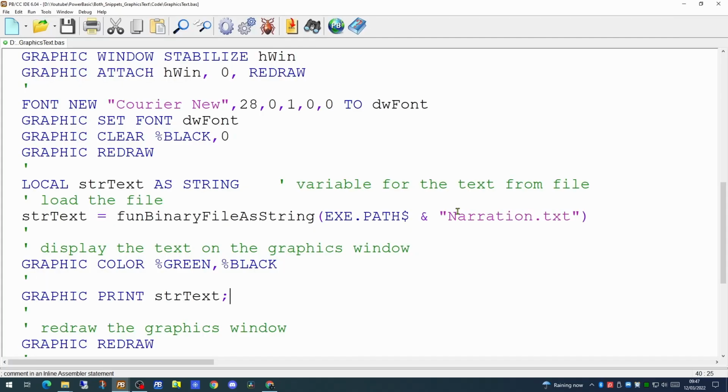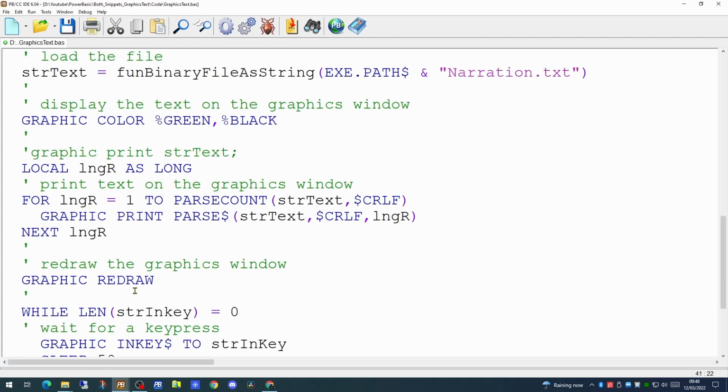Well, the first thing we can do quite simply is to realize that the text we saw in the file had a number of carriage return line feeds in it. So we can parse the data that's coming in that variable using our parse command. So a simple for next loop looping around the str text variable looking for carriage return line feeds. So if we try running that now,